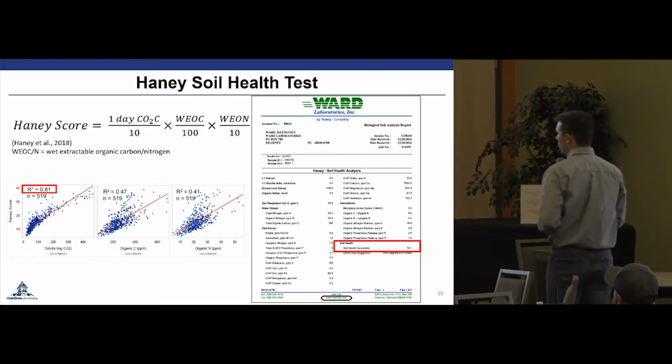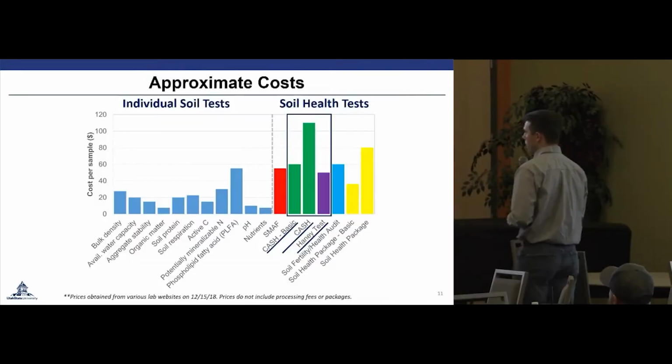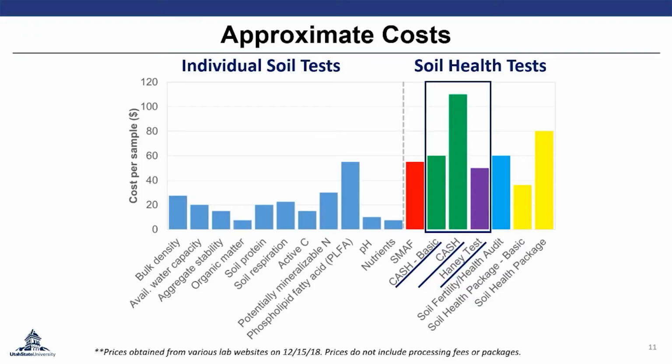And here's an example of some of the approximate costs. On the left are individual soil tests. So if you wanted to go out and do a la carte testing, you could do that, and the cost would be much less versus the CASH basic or the standard or the Haney test. Now, at a cost for the CASH standard at around $110 per sample,